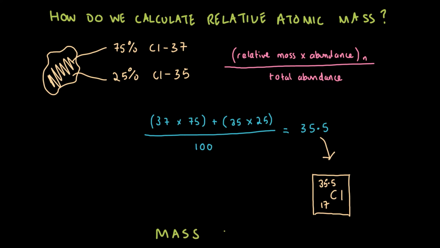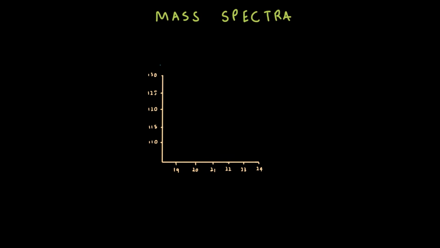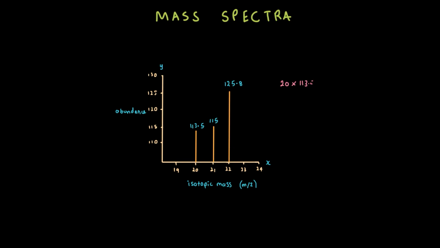We can also use mass spectra to calculate relative mass. For example, this is the mass spectrum of neon. On the y-axis, we have the abundance, and the x-axis is what corresponds to isotopic mass. To get the relative mass, we need to use the same equation. So we've got a mass of 20 and an abundance of 113.5, and a mass of 21 and an abundance of 115, and finally a mass of 22 and an abundance of 125.8. Divide all this by the total abundance, which is 354.3, and the answer is